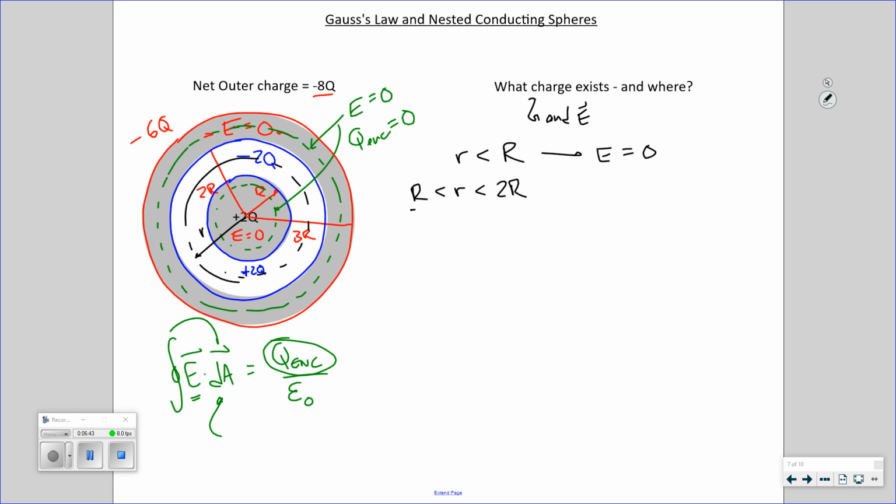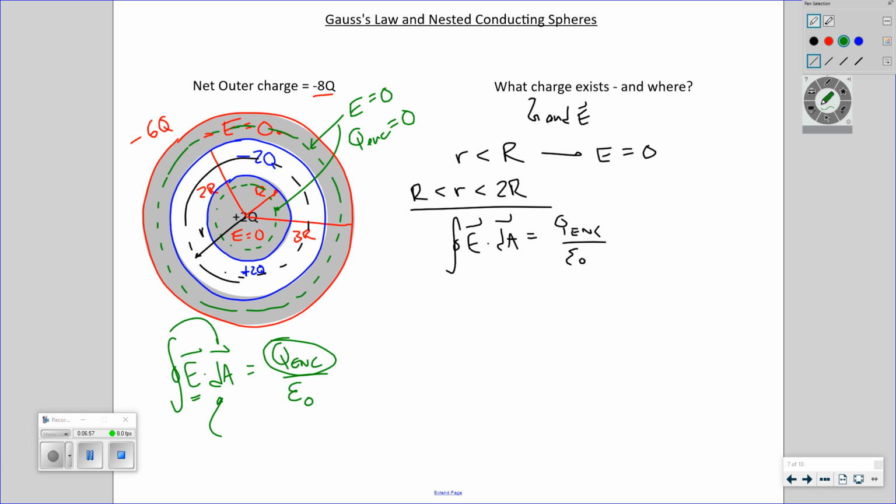All right, Gauss's law says the surface integral of E dot dA is Q enclosed over epsilon naught. Now, we have chosen a Gaussian surface that is a sphere, because symmetry arguments say a couple of things. They say that everywhere on this surface, this green surface that I've chosen, a couple of things are true. One of them is that